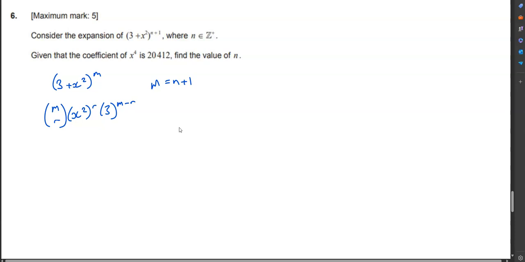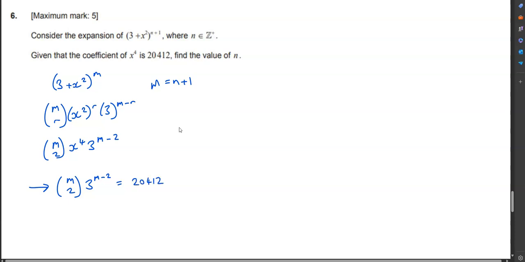And again, here we can see that r needs to be 2, so it's going to be m choose 2, x squared to the power of 2, which is x to the 4, and then 3 to the m minus 2, as r equals 2. And we know that m choose 2 times 3 to the m minus 2 equals